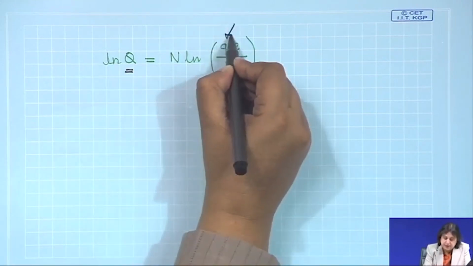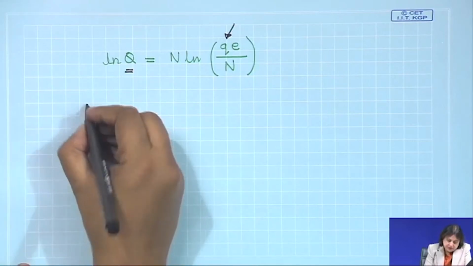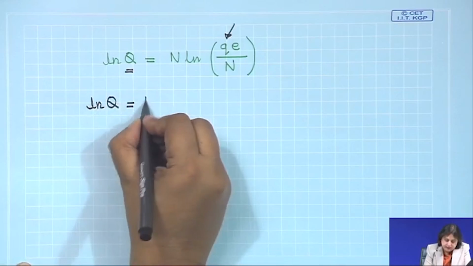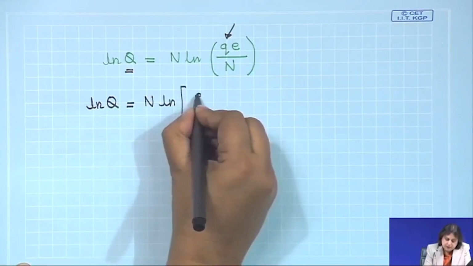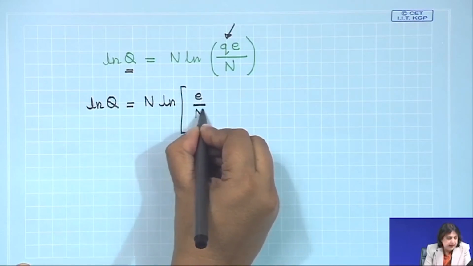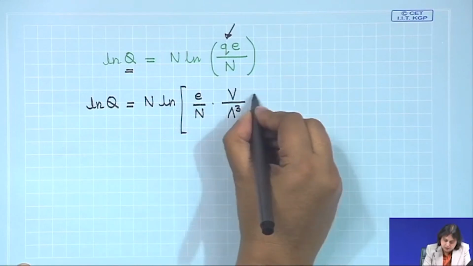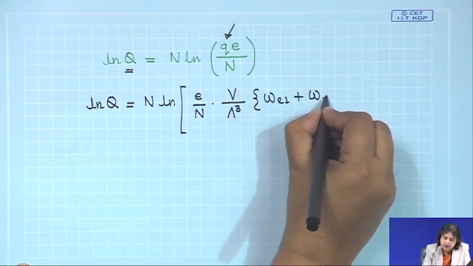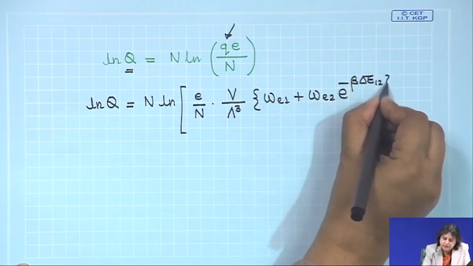That comes through the dependence of small q on volume. Okay. So, if I write down explicitly what ln Q is, then this is given by capital N ln e divided by N into V by lambda cube into this omega E1 plus omega E2 e to the power of minus beta delta epsilon 1 2